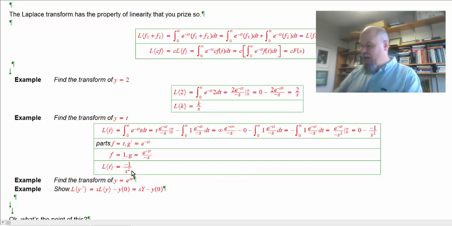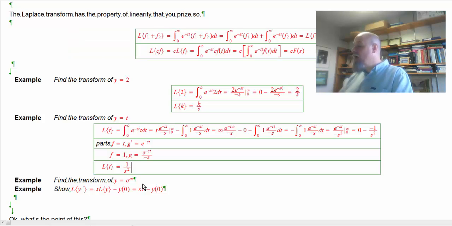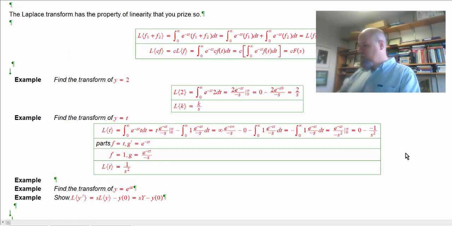So now I can transform any line using the Laplace transform of t rule, our Laplace transform of a constant rule, and our idea here that the Laplace of a sum is the sum of the transforms, and the transform of a constant multiple is just a constant multiple of the transform. As an example, let's take the Laplace transform of a general line. So a general line would be some mt plus some constant. So t is our variable. So instead of mx plus b, I'm doing mt plus b. I'm taking the transform